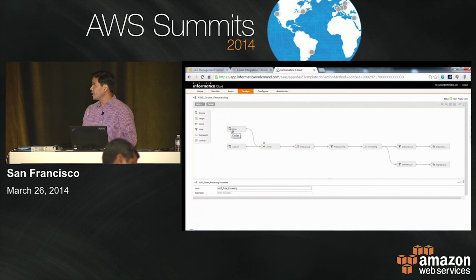So what I'm actually doing in this case is I'm going off and loading from an order table in RDS. I'm performing a heterogeneous join with a cloud object. This is actually the account object in Salesforce. I can perform and specify how I want to do that join. I've got a lookup capability that's out there. So in this case,